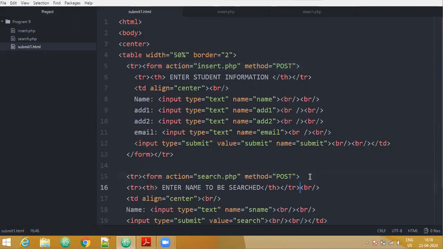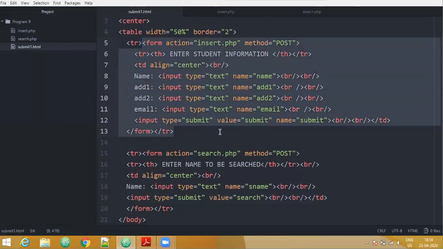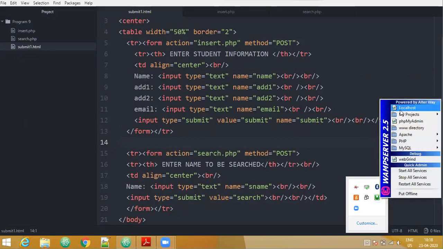After this, we have one more form in the same page, that is for performing the search operation. Now first let us see how this particular form looks. We'll go to our WAMP server. I've already started the WAMP server. Let us go to localhost.